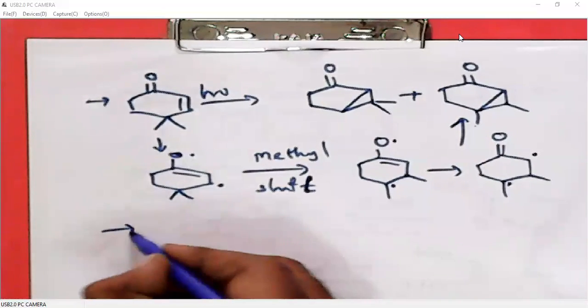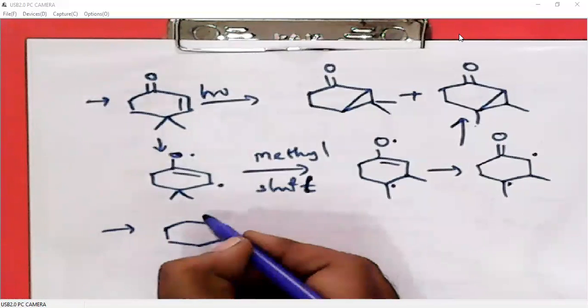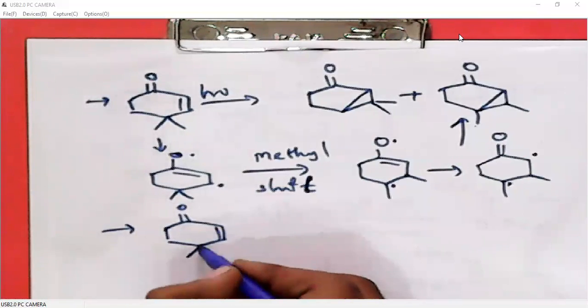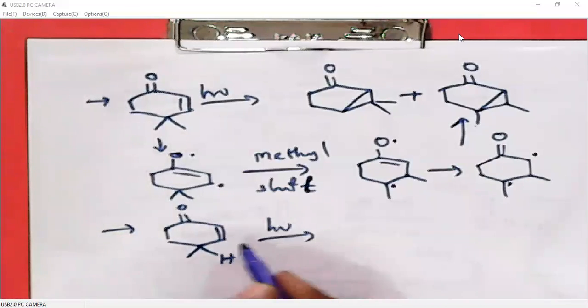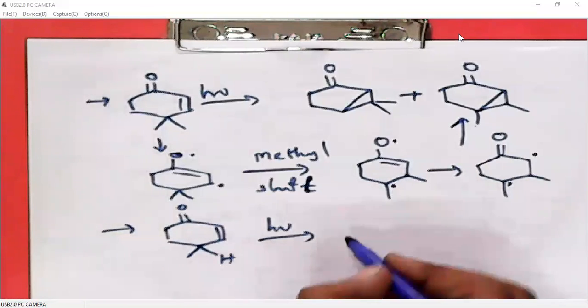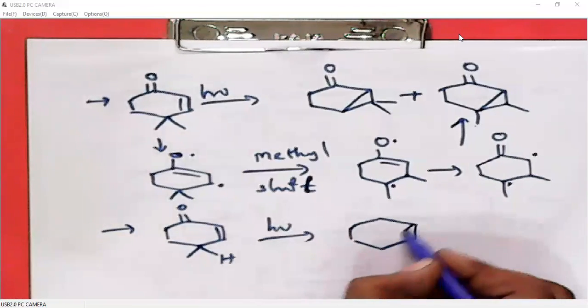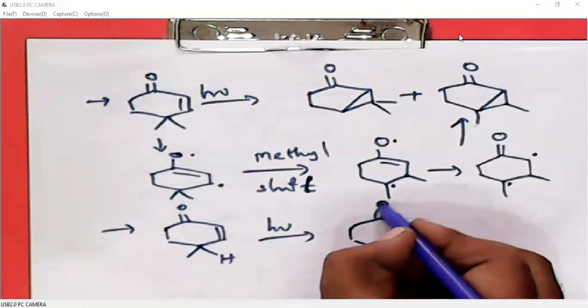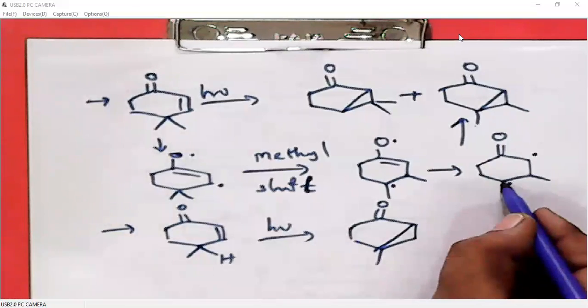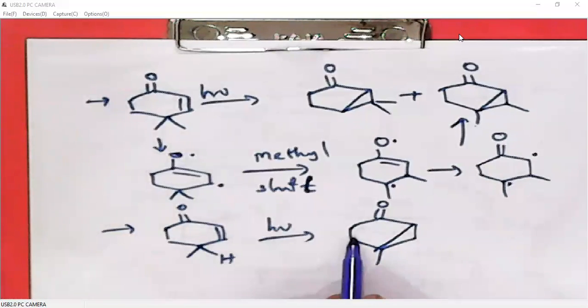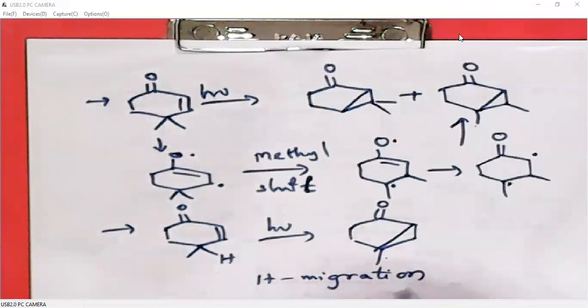Not only that, in the next example we can see oxygen migration. So when we migrate oxygen, we are generating tertiary radical here. So what we will get this product. So hydrogen from here will be migrating here. So we will generate a tertiary radical. This product is like this. Here it is hydrogen migration.